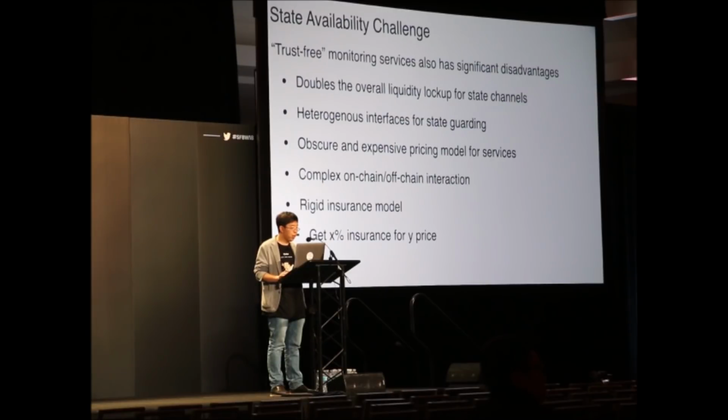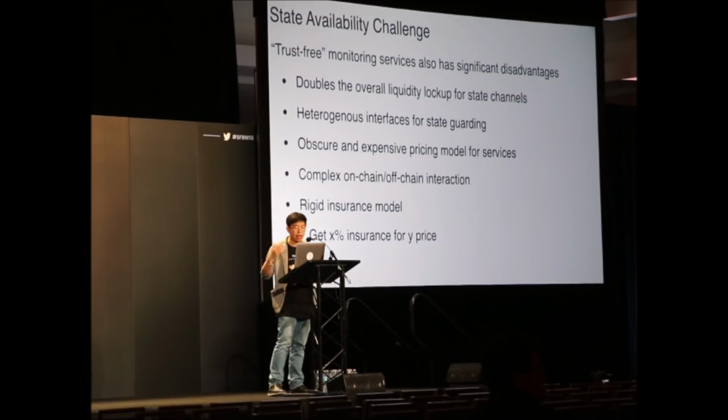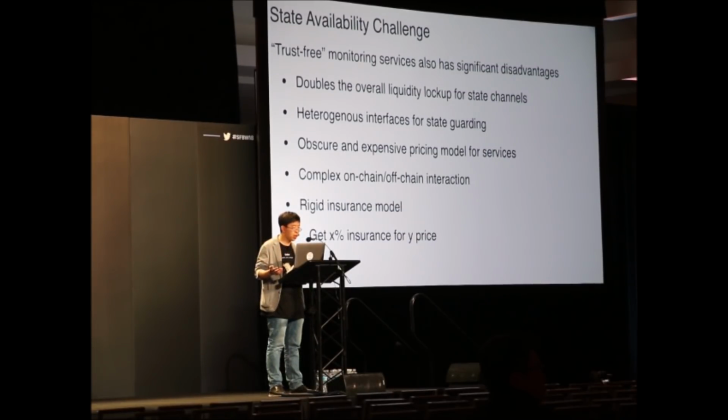And it provides a very heterogeneous interface for state guarding, because you can have different kinds of assets. You can have Ethereum, you can have Bitcoin, you can have different kinds of ERC20 tokens. The corresponding asset that needs to be held in this honesty bond contract is very diverse. And sometimes it's not even payment. It's something like an intermediate state of some state transitions, like a game. And it's even harder to figure out the actual underlying possible cost if a malicious party tries to